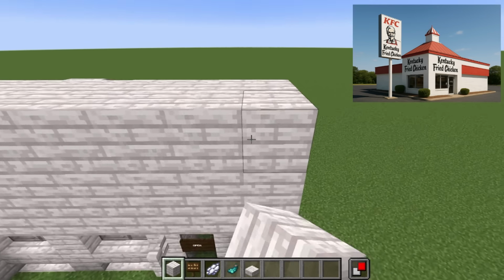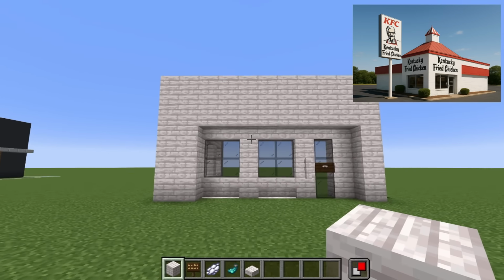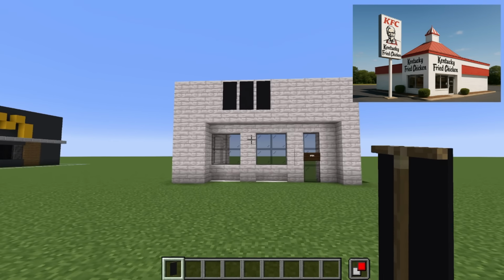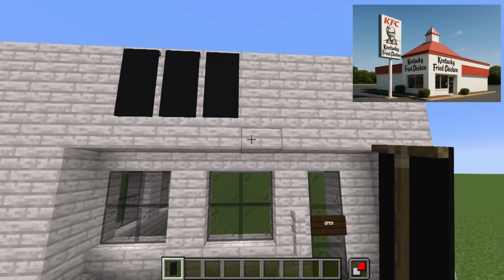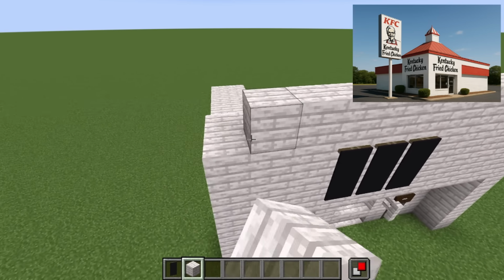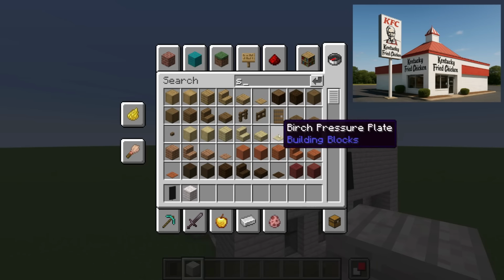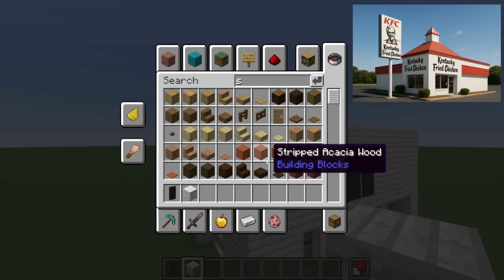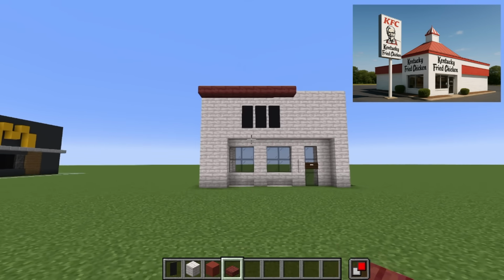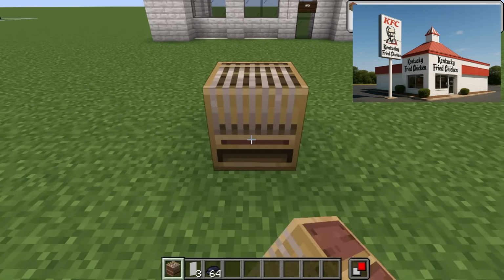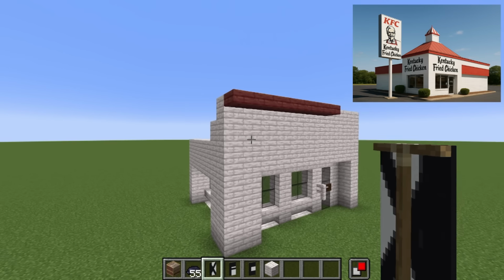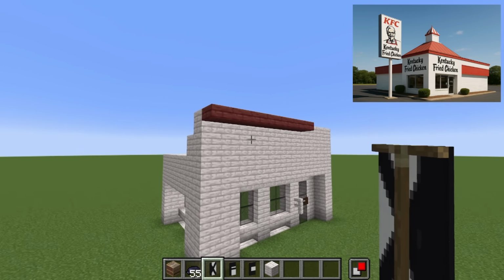The reason that would be handy is because we have to fit some signs across the top of the building here, and it would be nicer if the signs were kind of framed right in the middle of the wall, and the roof itself could then start here so that they would sit perfectly right in the middle. Speaking of the sign, I would love to write out the words Kentucky Fried Chicken just fully with